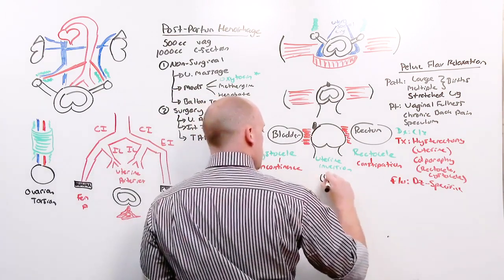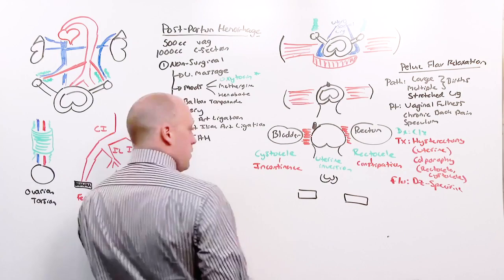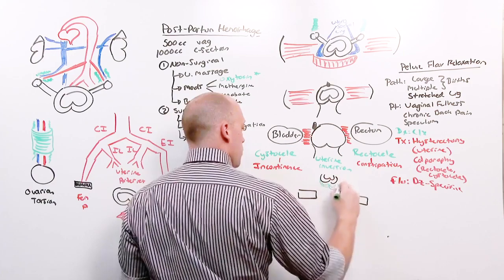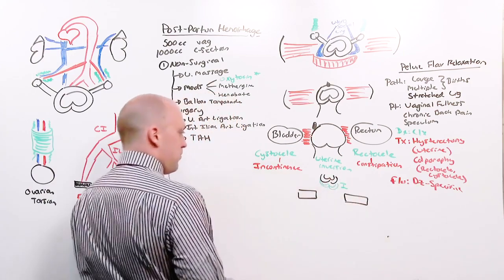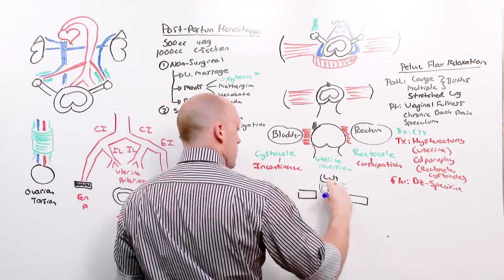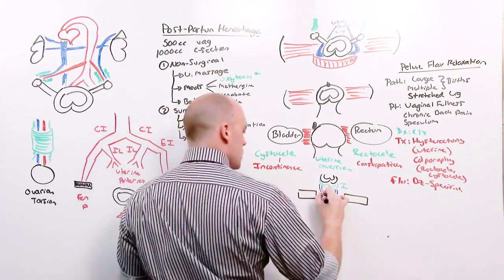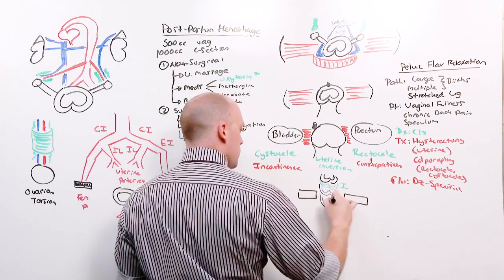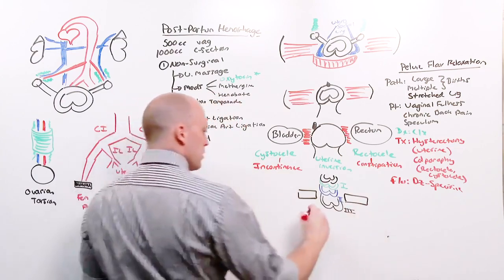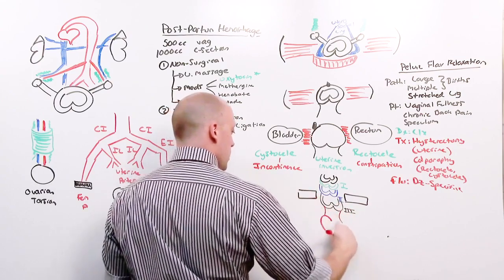This is the normal position of the uterus relative to the vaginal opening. If the uterus is just down into the vagina, but not to the vaginal opening, that's 1. If it is at the vaginal opening, but not outside the vagina, that's 2. If the uterus has progressed outside the vagina, that's 3. And then if there has been full inversion, this is the vagina outside of the body and then an upside down uterus,